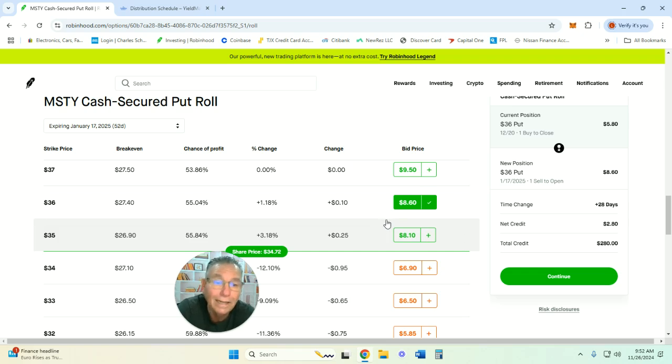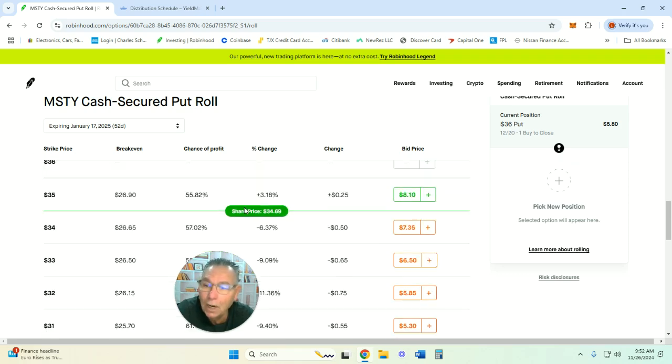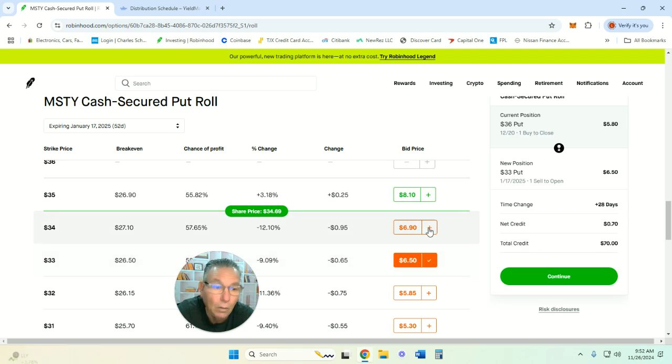Now I'm going to roll it down. Watch. Remember the other one, we rolled it down? This one, I'm going to do the same. So, for instance, she's at 36, so I'm going to roll her down to 33, right here, 33, right? Now, it's paying very little because it's going down. If this were going up, then this would be paying much more. So I'm going to show you something. Now, let's say here, continue.